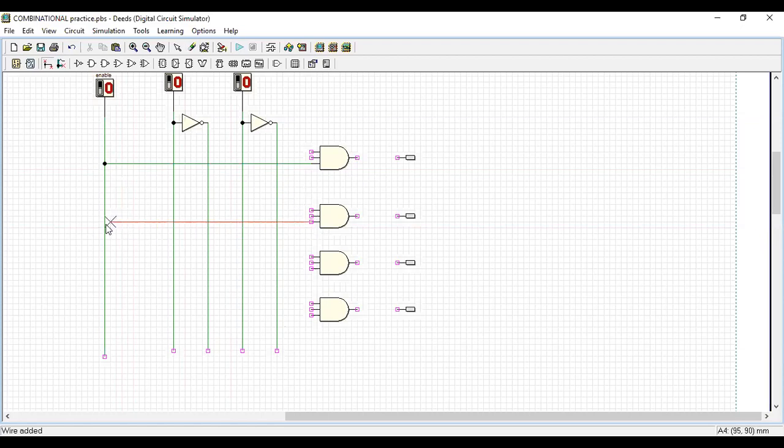So one portion I will finish off. How to remember where to connect what, A or A bar? You have to remember whether to connect to A or to A bar. It's from the truth table only. The truth table changes like 0 0, 0 1, 1 0, 1 1. So if it is 0 0, you have to connect to A bar, B bar.